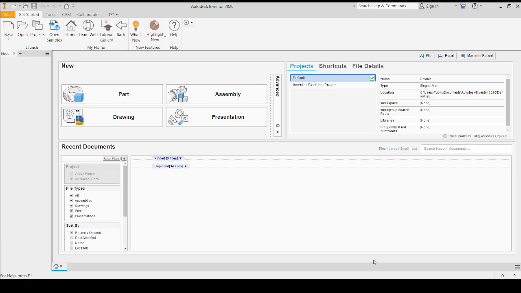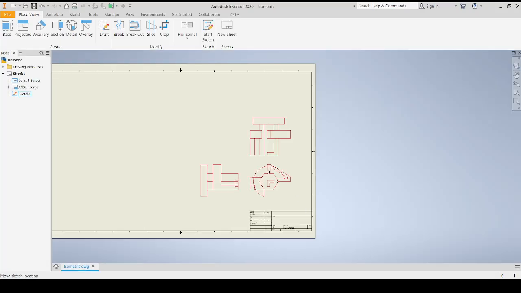So the purpose of today's video, I'm gonna teach you how to expand your brain and your mind using interpretation of a simple 3D isometric. So right now what I'm gonna do is open up the existing isometric drawing that I